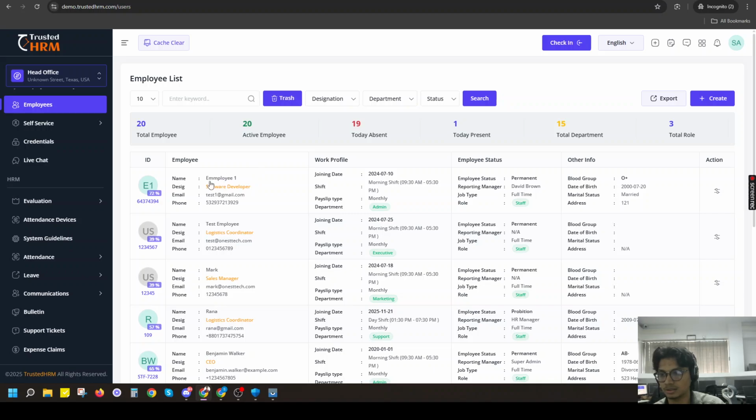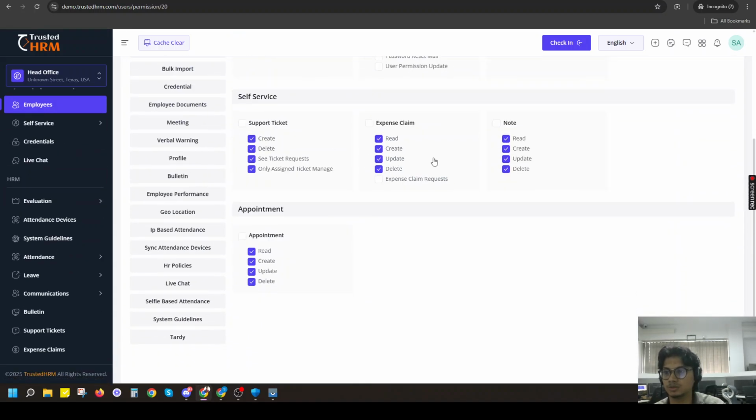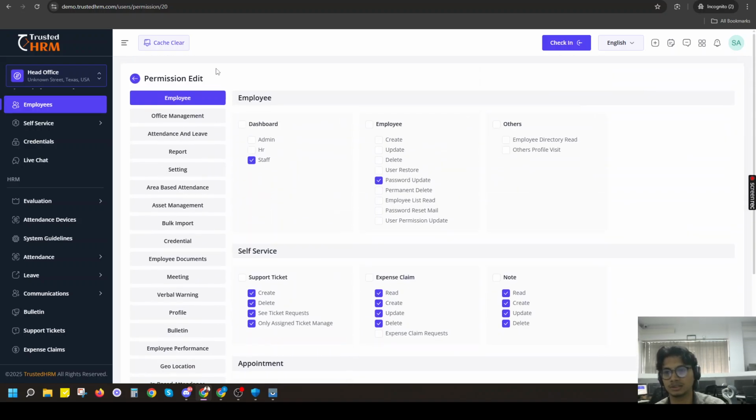Now we can see that our employee has been created. This is the employee we created, employee 1. All the details are shown here. You can go to the permissions section now to give them some permissions that you want them to have. We have already selected the base versions, or the basic ones, that you need for the employee to work in the system, but if you want to give them special privileges or special actions that they need to do, then